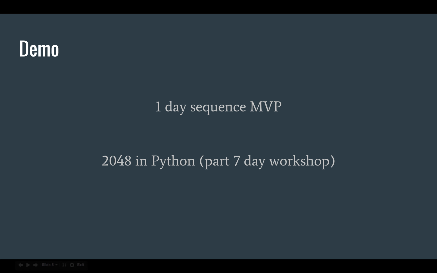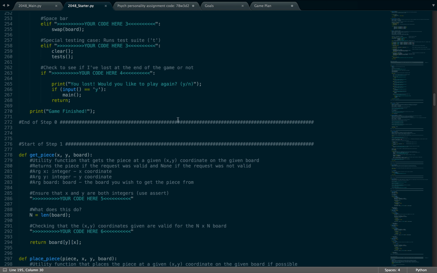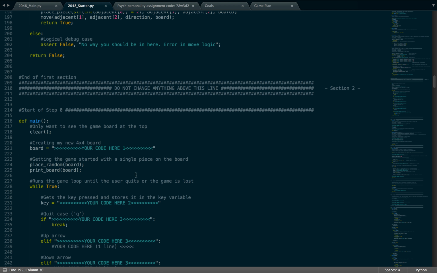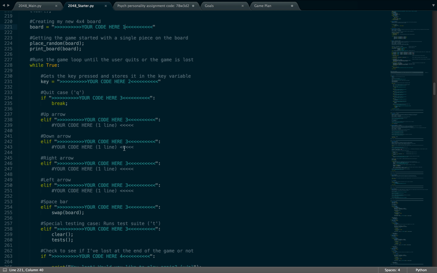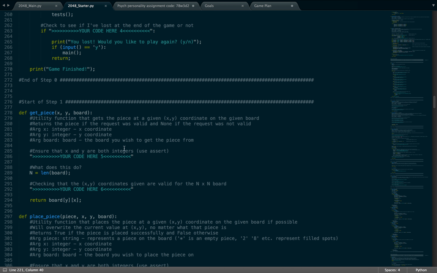Okay, so now that we've had a chance to look at the one-day sequence MVP, let's go ahead and briefly look at 2048 in Python, which is a project we're currently developing for the 7-day workshop. This is kind of what it looks like. We have a lot of your codes here, and this is essentially based off, and resembles very closely, introductory